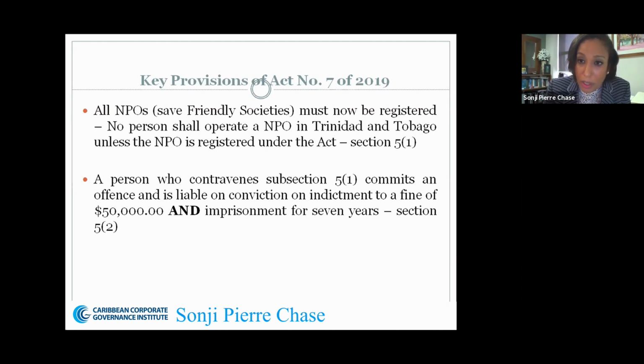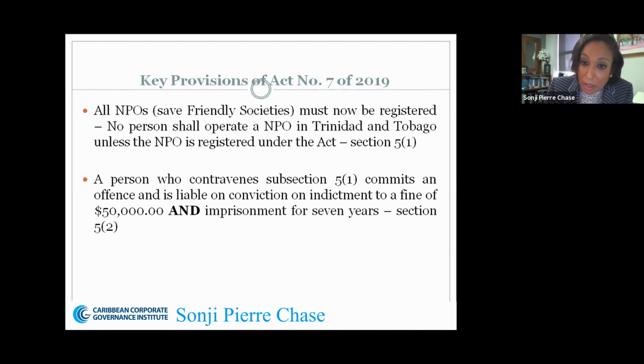So all those that were in formation before and those that are seeking to form themselves now must be registered under the Act as an NPO. Any person who carries out the activities of a non-profit organization that isn't registered under the Act